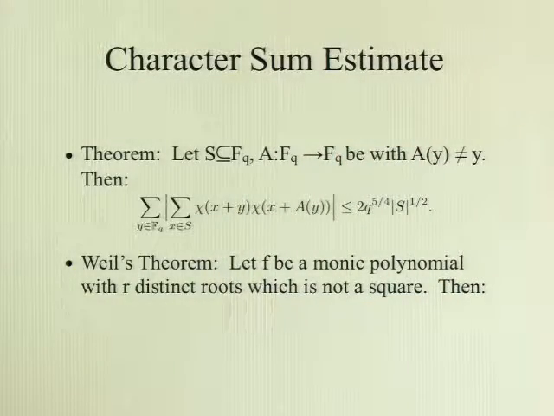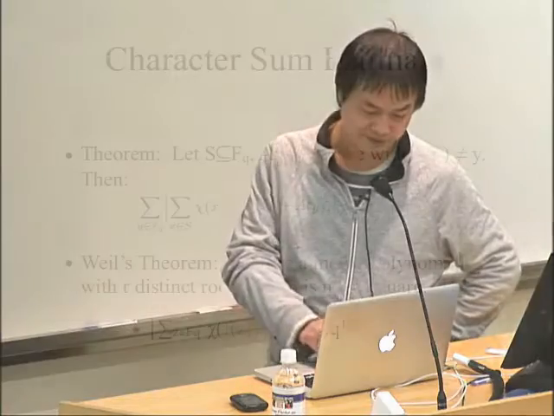So basically, you want to show this. And the main tool to prove this is Weil's theorem. It says that if f is a monic polynomial over the field with r distinct roots, and that is not a square, then